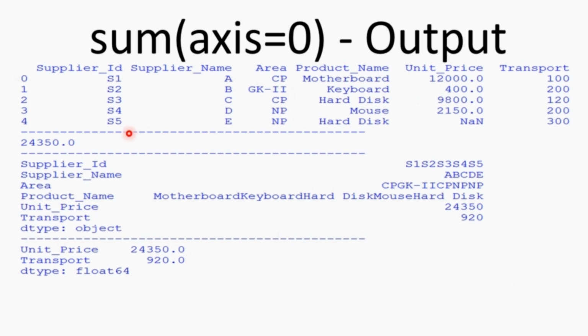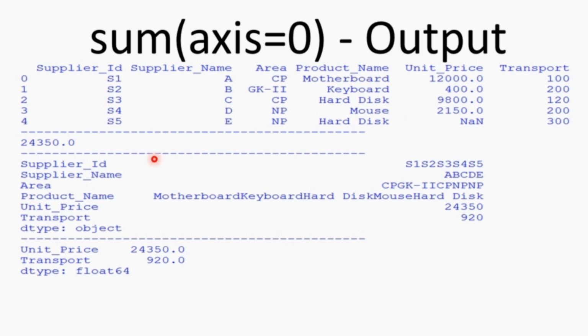Then we are getting the unit price sum 24,350. If you see, it will be the sum of these numbers only. NaN is ignored. But if we write there skipna equal false, then the output will be NaN, because whatever you add to NaN will be NaN.